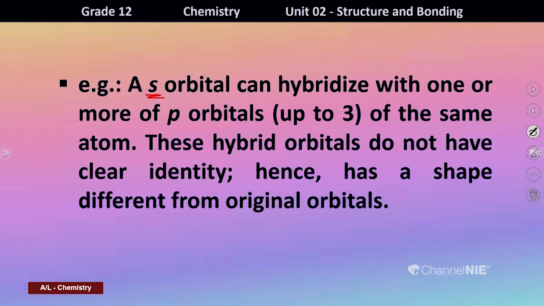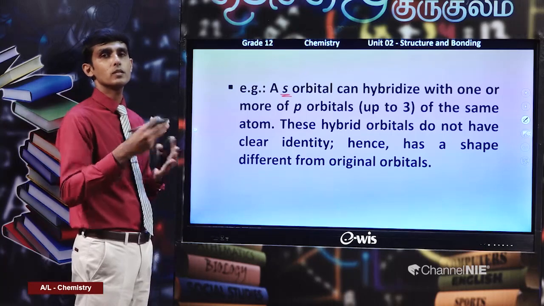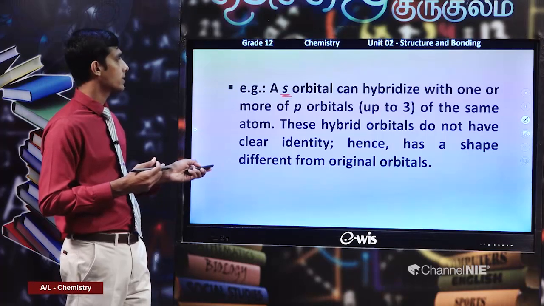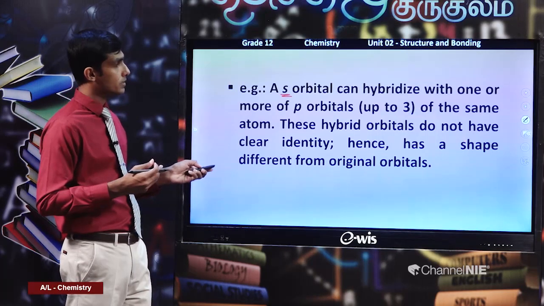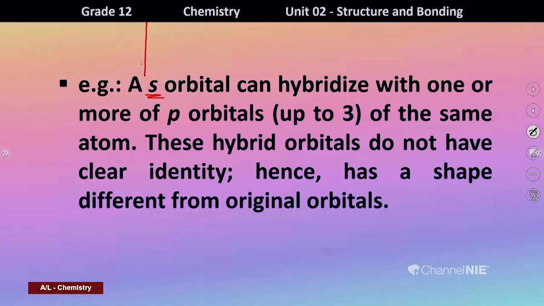That means the orbitals in the s sub energy level can combine with orbitals of the p sub energy level. Then the resultant orbitals are known as sp orbitals or sp2 orbitals or sp3 orbitals, depending on the number of orbitals involved. That can be explained like this. Now, in that carbon atom, if you remember in CH4, in the excited state, I showed you that the excited state carbon atom looks like s and 3 p orbitals.